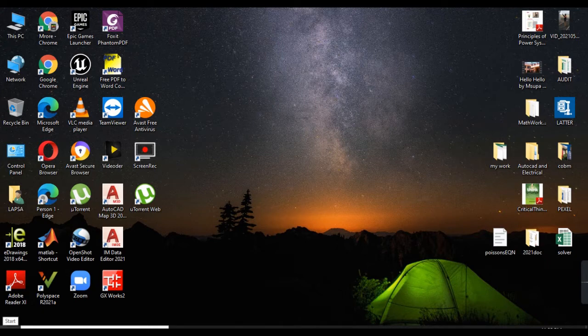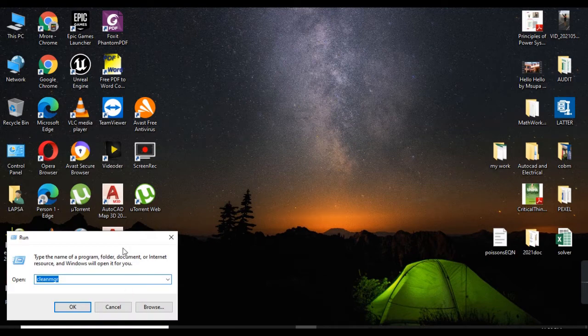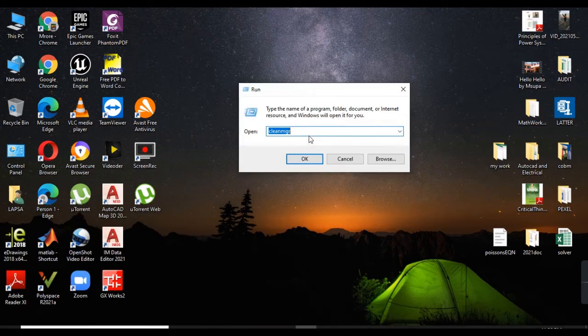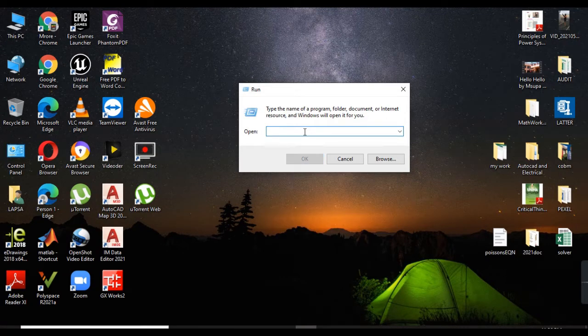So let's go ahead and hit the start key, right click, and then come here and hit the run key. Then from there, let's type temp.